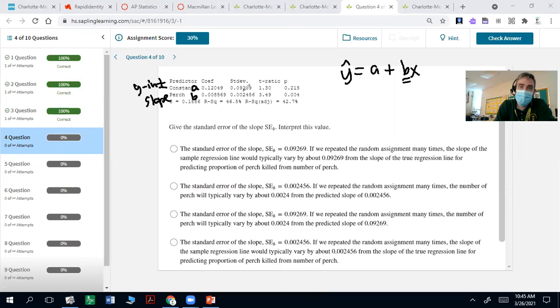Now, if you go over here, there are formulas for standard error, but you're not probably ever going to use them or need to calculate them because they're usually going to be right here. Standard error, I know it says standard deviation, but that is standard error, okay? And that's going to be 0.09 for the y-intercept and 0.002 for the slope. So when it says SEB, since that B is the slope, that is the standard error of the slope. So now that we know it, it's going to be this number here. We can interpret the value. So we can eliminate any problems that don't have that number from the beginning. Okay, so it's going to be 0.002,